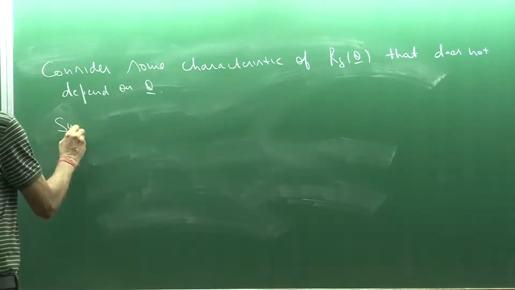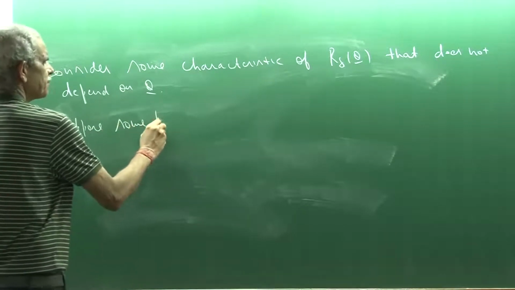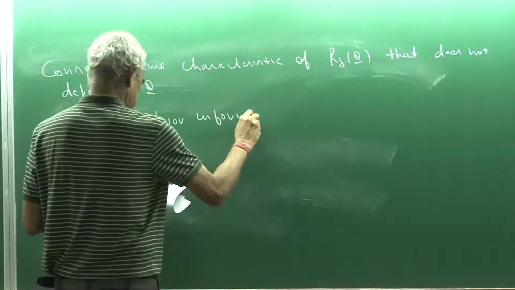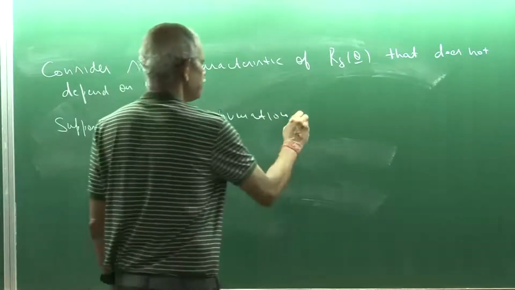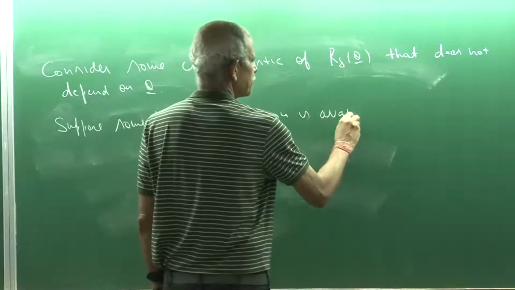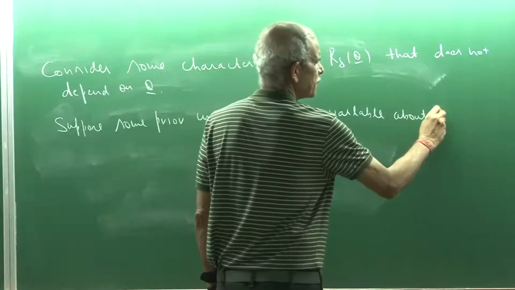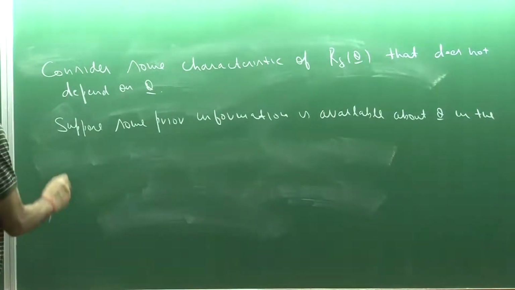Suppose some prior information is available about theta in the form of